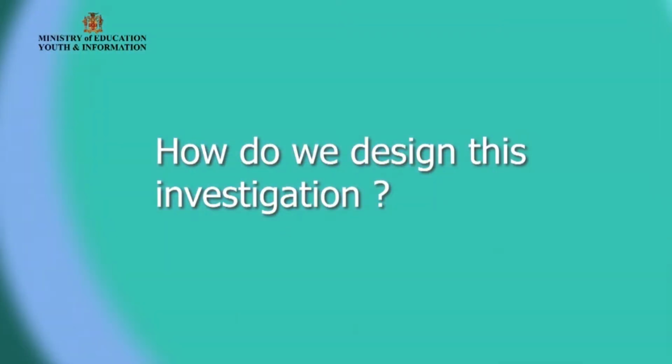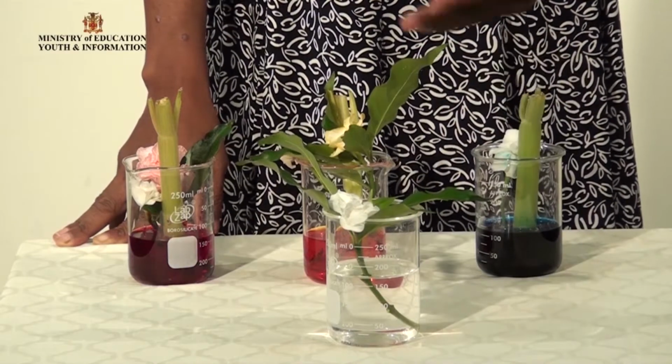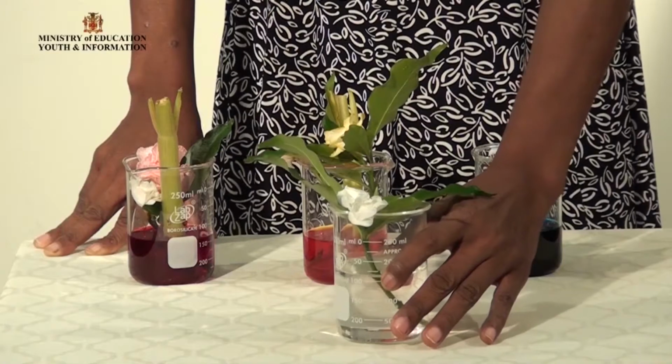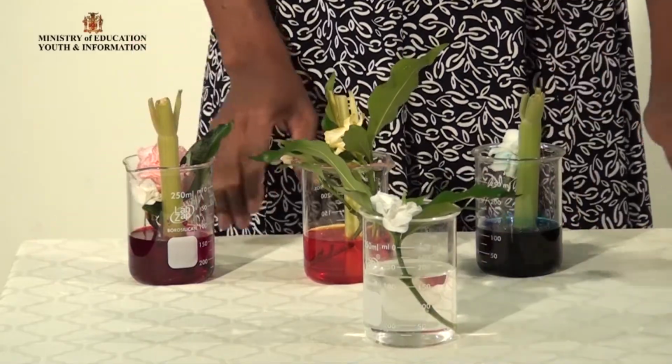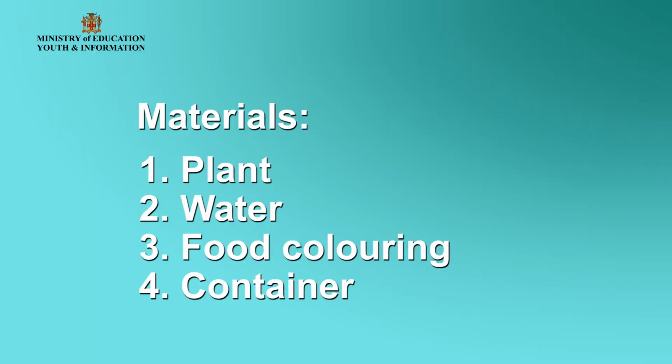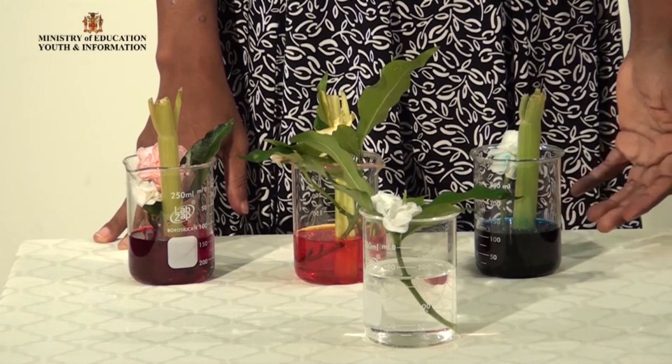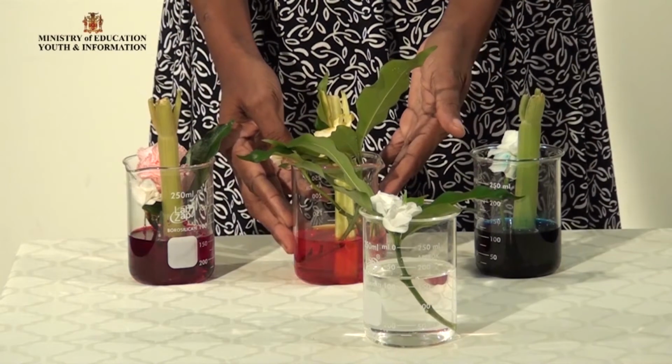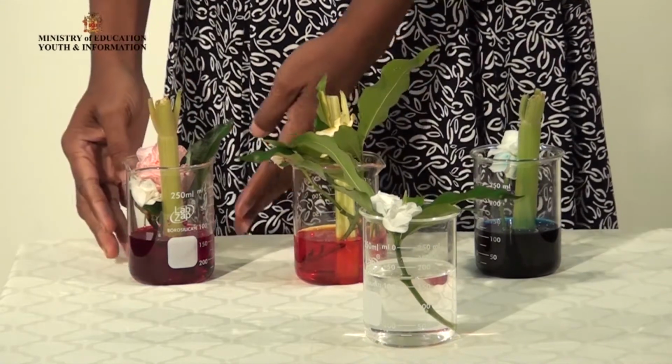So how would we design this investigation? We'll take an example of a plant. This is the coffee rose that will take up or absorb water very quickly. So if we wanted to see what its function was, we would basically get some water, and in this case we're using colored water. How did we get color? We added different food colorings. Alright, so we have added blue to this water, we have added yellow food coloring,